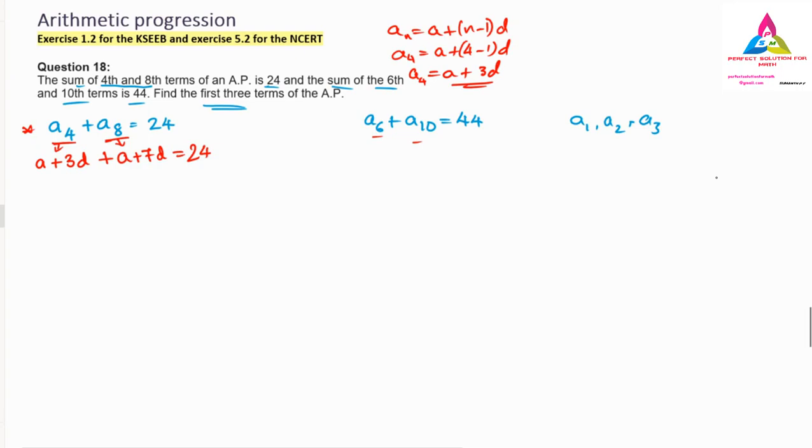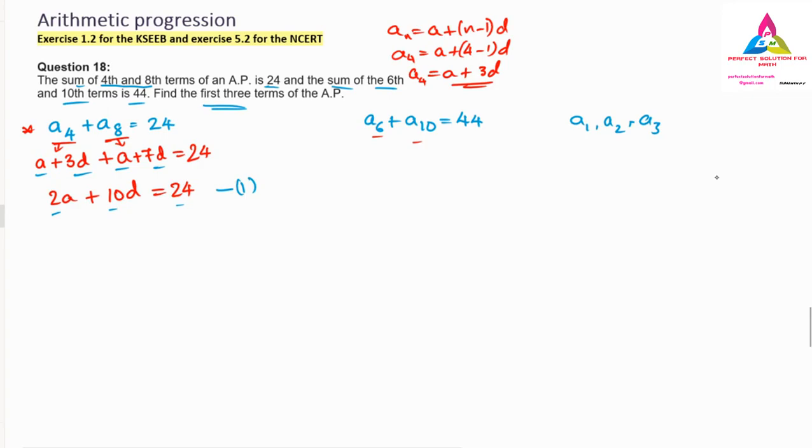Now we have to add. Here we have a, and here we have a; if you add both, it becomes 2a. Again we have 3d here and 7d here. If you add together, 3 plus 7 is 10, so totally 10d is equal to 24. This is what we found from equation 1. Further simplification is not possible; the only simplification is that 2 is common and can be taken out and cancelled, or we can keep it as it is because it will cancel from the other side. This is our equation 1.